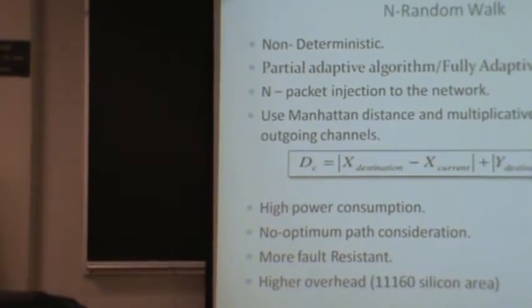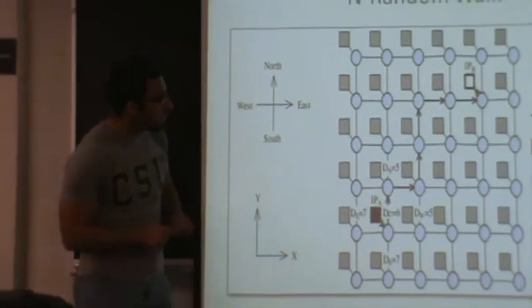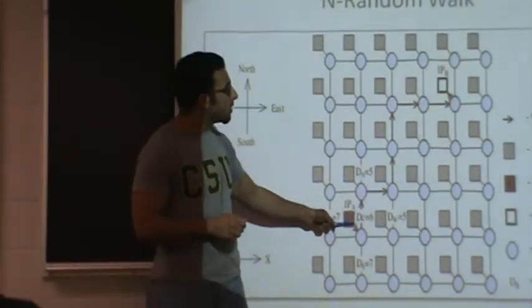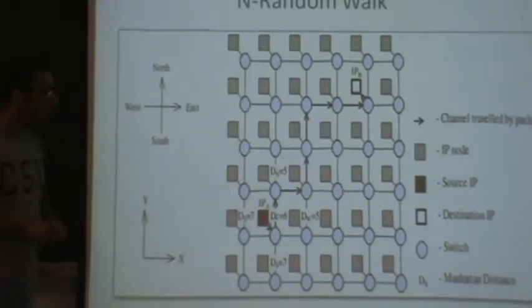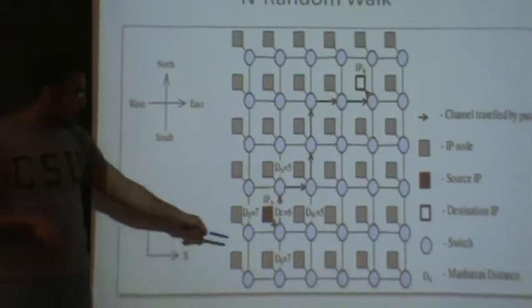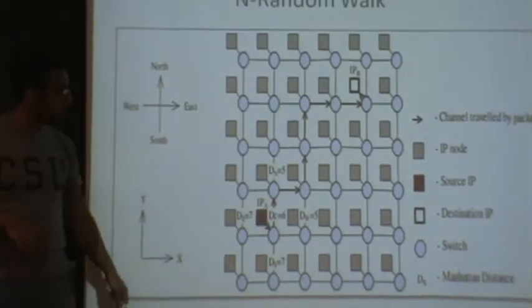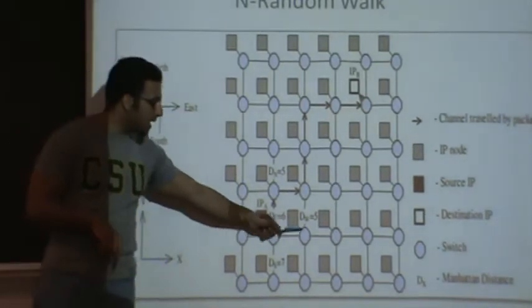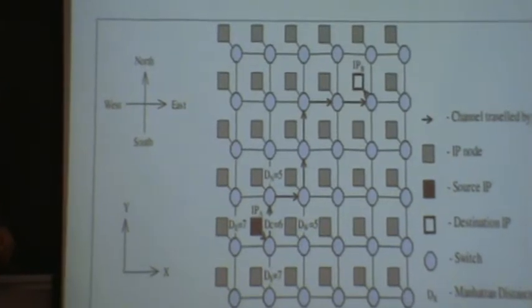So suppose that we want to send a packet from this source, IPA, to IBP. After calculating the Manhattan distance, we figured out that this outgoing channel, the north one, has a probability of 6, and the east one, sorry, has a probability of 5. So this means